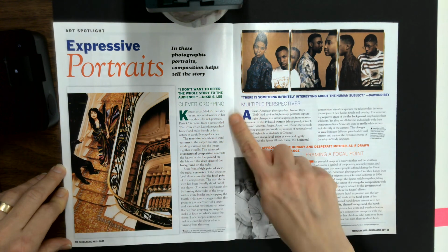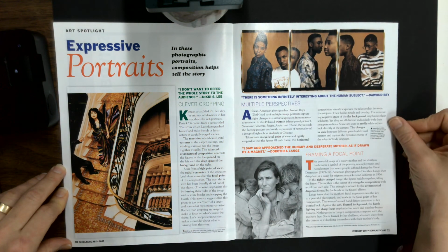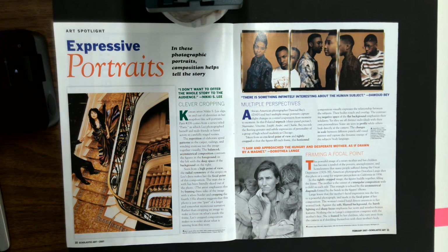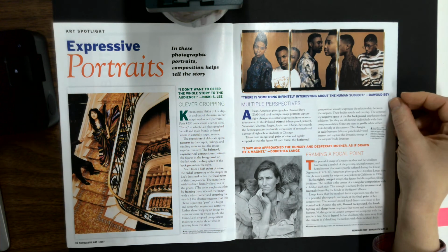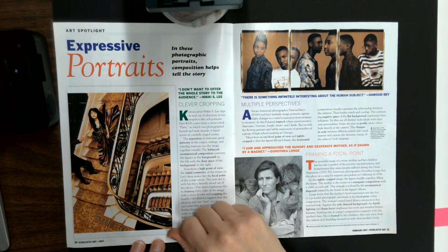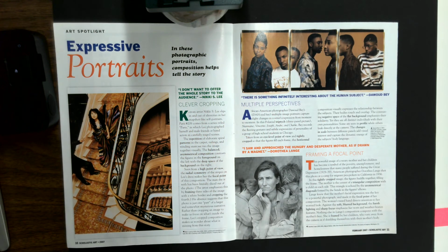So that is this portrait here. So we're going to talk about this one up here on the top. This is the artist Dawoud Bey. "There's something infinitely interesting about the human subject," he says. Multiple perspectives. African American photographer Dawoud Bey's